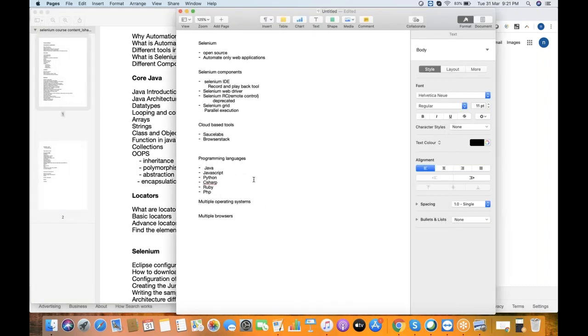Coming to JavaScript, nowadays there is demand, I told you, right? JavaScript, Python and all. So how do they choose this programming language combination? Generally it depends on the development environment of your web application. There is no ground rule that if it is JavaScript, you have to use this, or if it is Python, you have to use that.